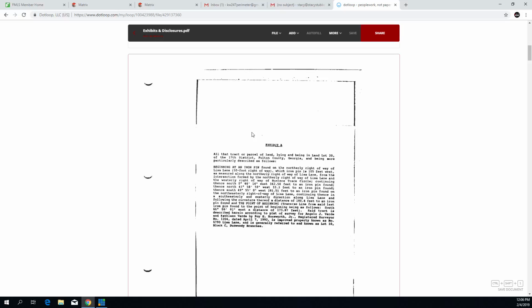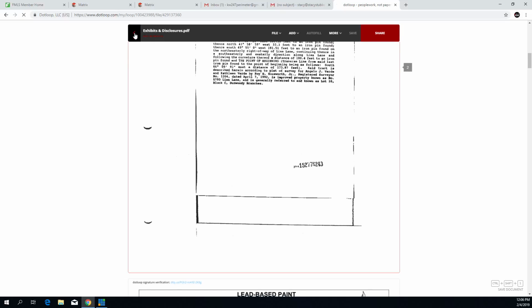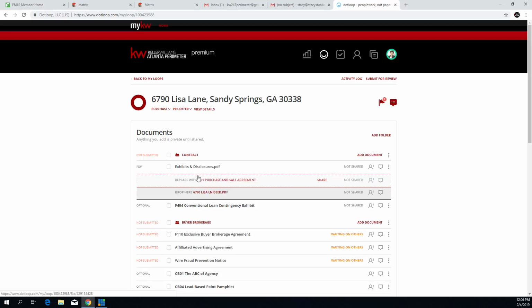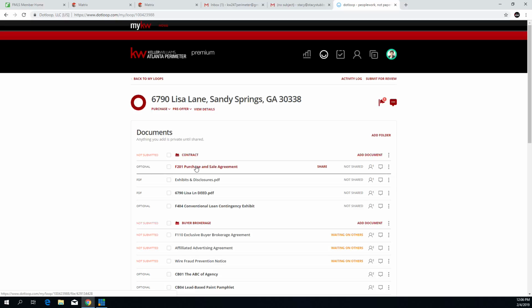She bundles them just to get them all to the people. So we're not gonna. All right. Remember how before I wanted my main document up? So I'm moving. In my opinion, the seller cares most, how are you going to pay for this? So I think putting the loan contingency exhibit as Exhibit A makes sense. I'm going to put the legal description here,